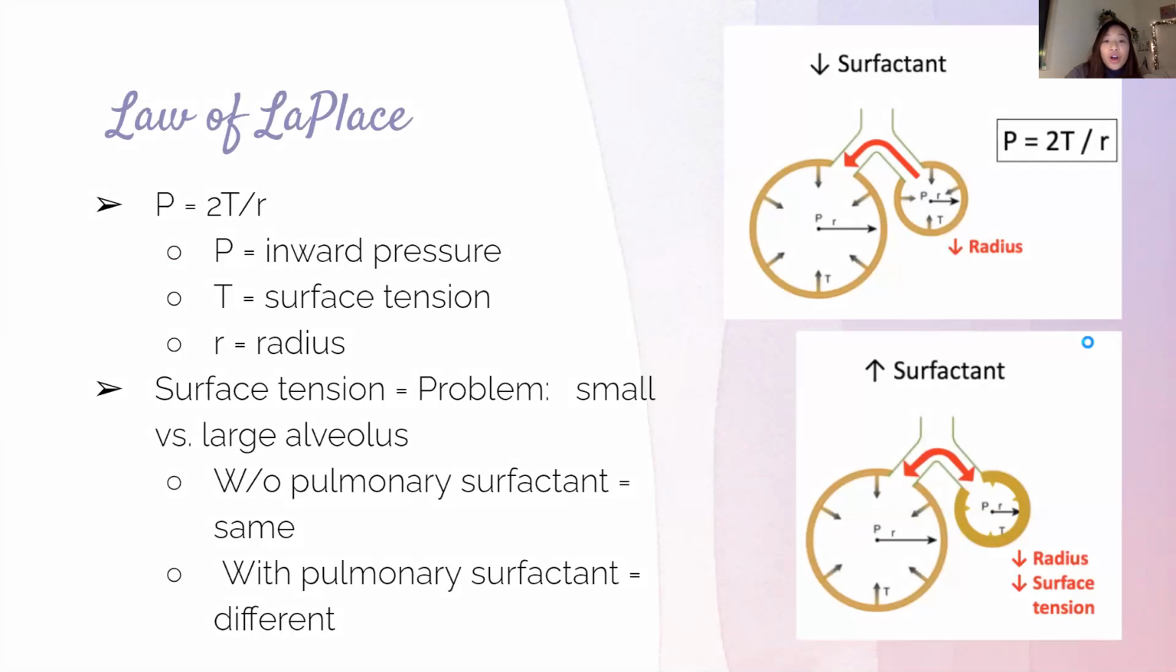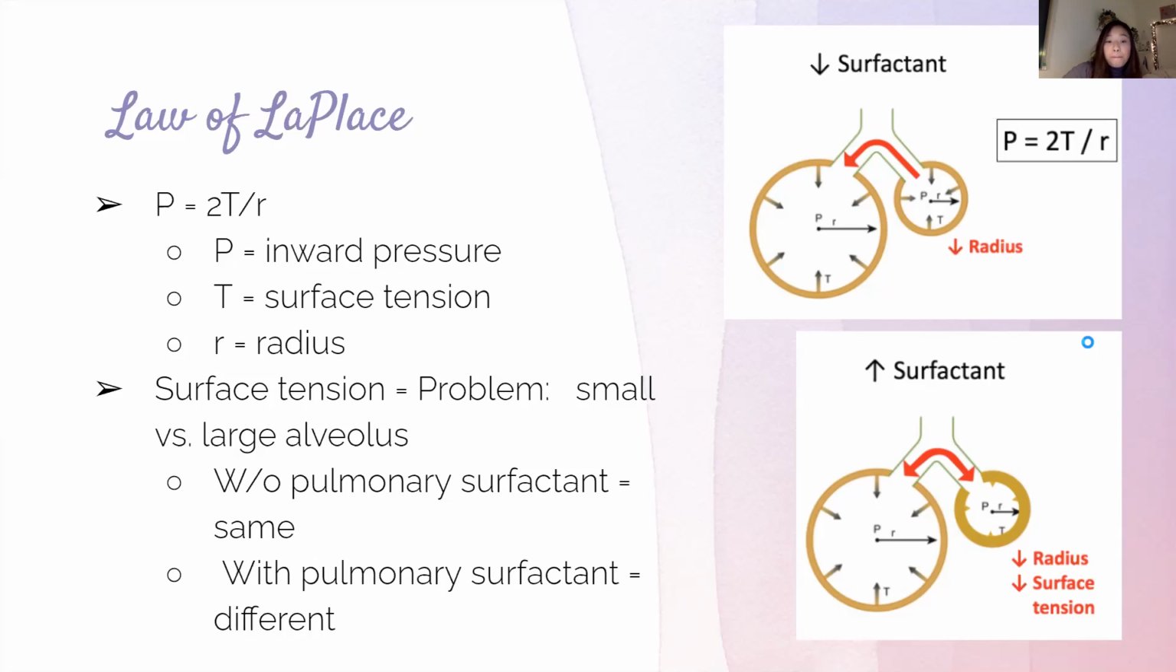All right, and moving on to the law of Laplace. So alveoli range in size and therefore diameter. So pressure inside the alveoli is directly proportional to surface tension and inversely proportional to the radius of the alveoli. So pressure in smaller alveoli will be greater than those in larger alveoli. So this is just an important formula to remember. So this is a problem because of surface tension. So that's where pulmonary surfactants come into the